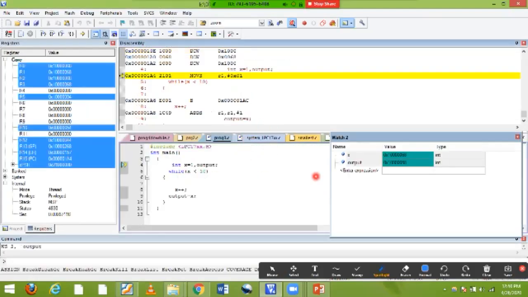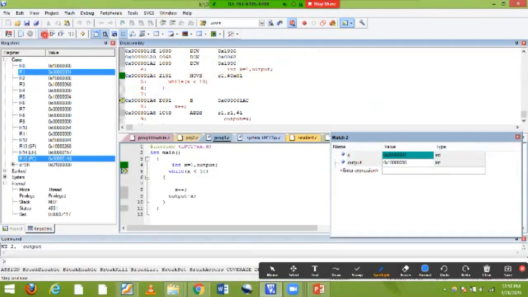Okay. Now also you can see that same variables I'm going to use here. So execute this one. Just see first x is equal to 1. You can see in the register window also R1 value is 1, means R1 value is loaded to it. So here in this program I am not going to mention any R1, but automatically my compiler will take the register value. R1 it is 1, it is taking.